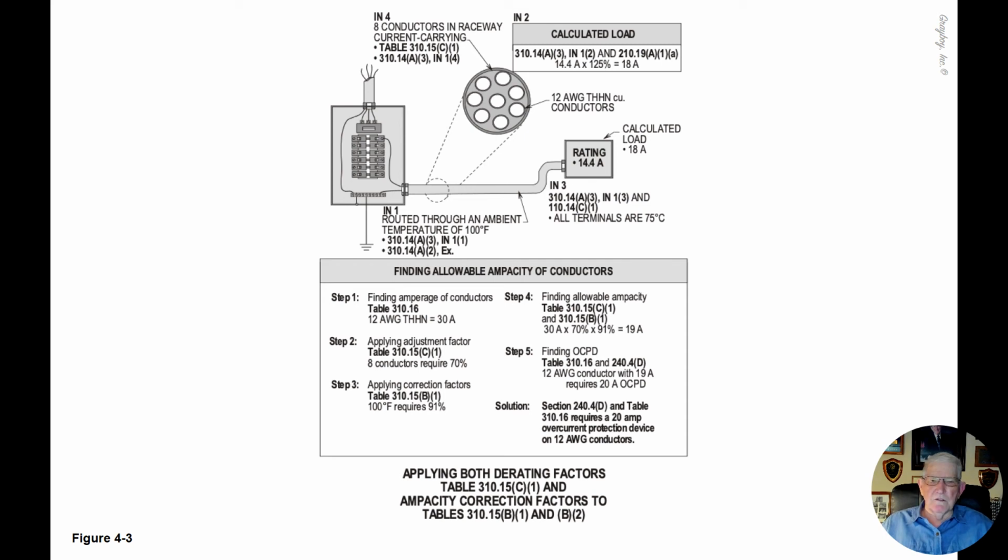Now this illustration deals with applying both derating factors in accordance with table 310.15C1 and then also the correction factors in accordance with table 310.15B1 and B2. Now notice that we must always find out what the terminal rating of the conductors are in accordance with 110.14C1. That's both at the equipment supplied and at the circuit breakers in the panel board, as you see in